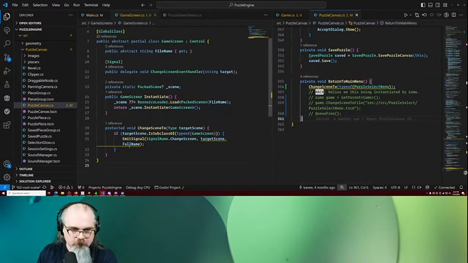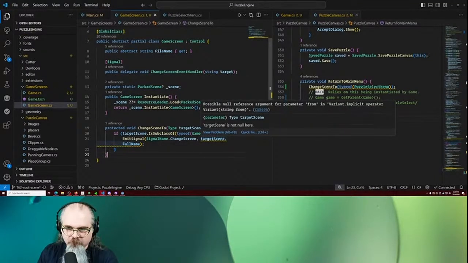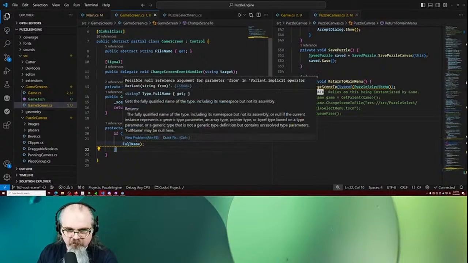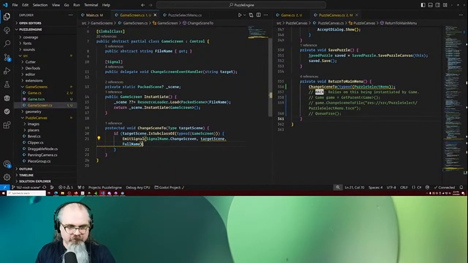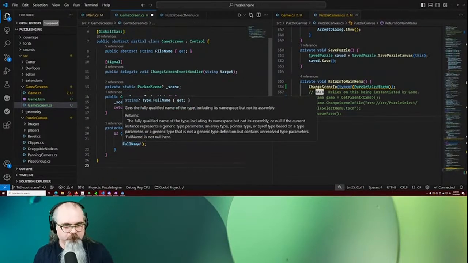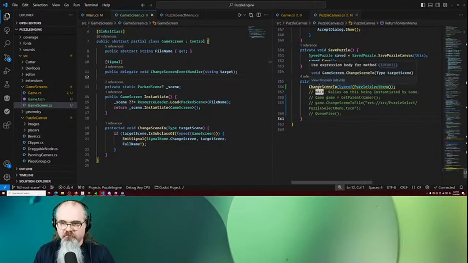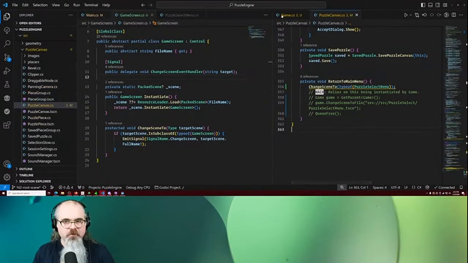And then we have a possible null reference. I don't expect there to be a null reference because the scenarios in which that can be a null reference should not be able to happen. So in fact, I think I can just do target scene full name, bang. That is not going to be null. So now, when we do that and we call change scene to, if we end up back over here in